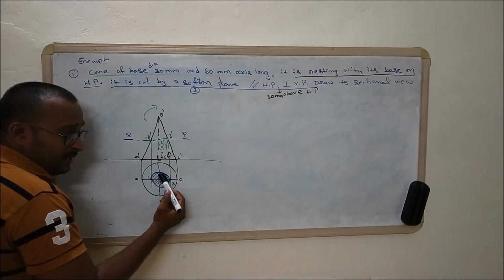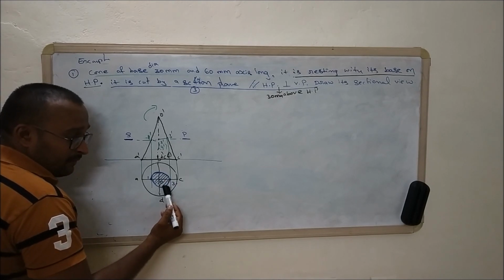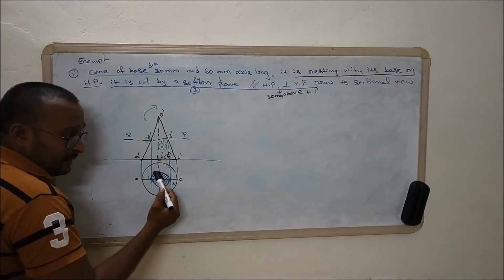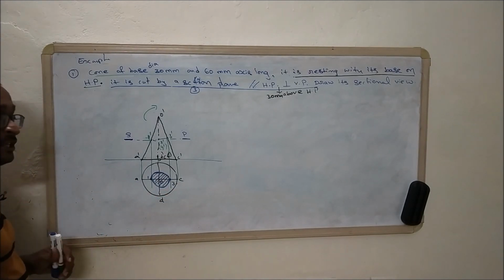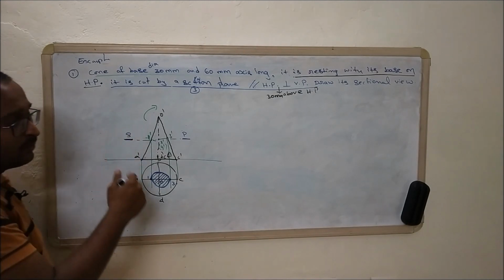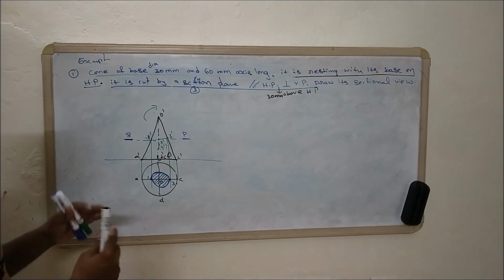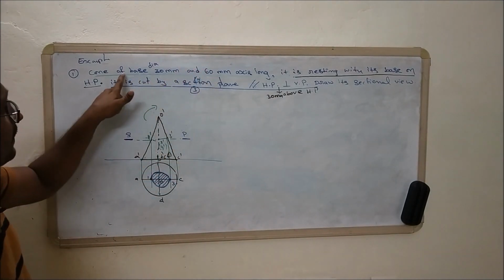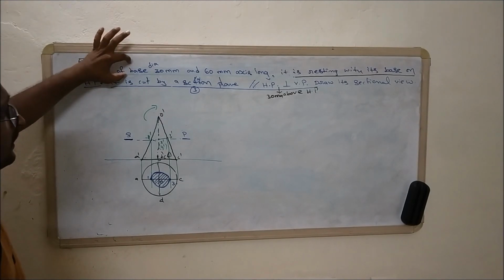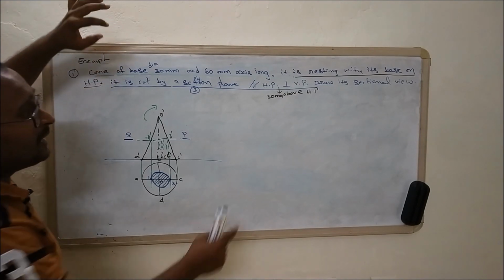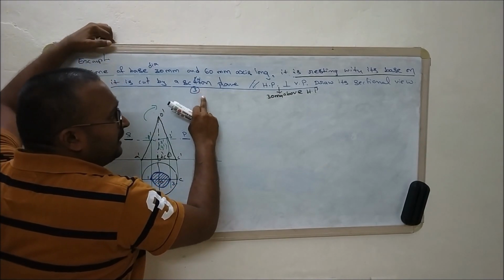The sectioned portion should be highlighted with hatching lines. These hatching lines will be at 45 degrees to the ground, parallel to each other, and drawn with a 2H pencil. So this is the way we need to section the solid. Similar to that, if you have a pyramid or prism, they will definitely give the geometry of the problem, and then they will give the position of the solid and then the position of the section plane.